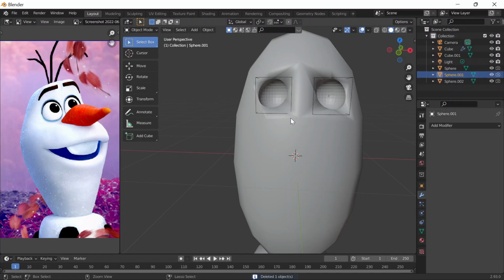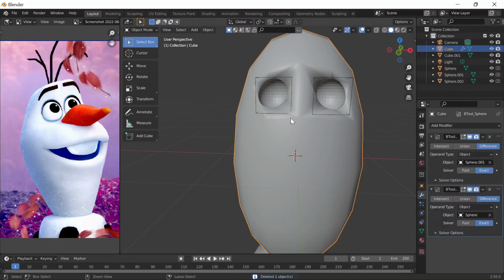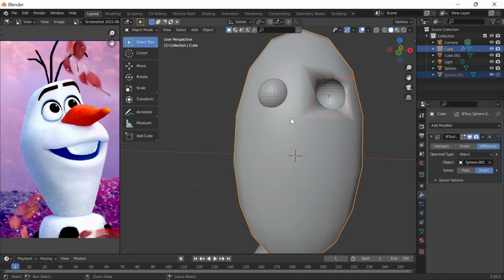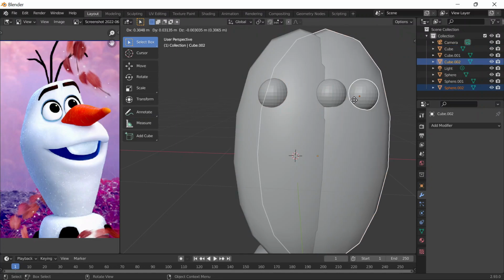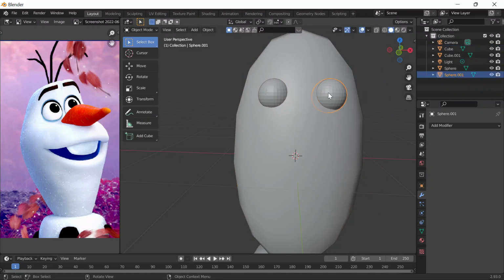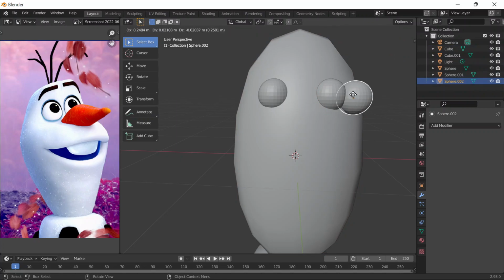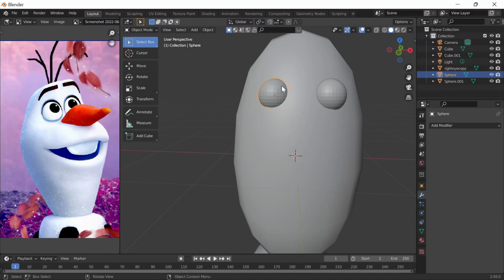Okay, let me go Control Z to go back to the spheres, and I'll do Shift D. No, just this. Shift D, and then make that right eye copy, and then Shift D again, escape, left eye copy, and then